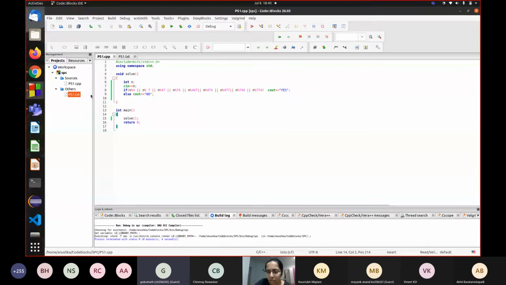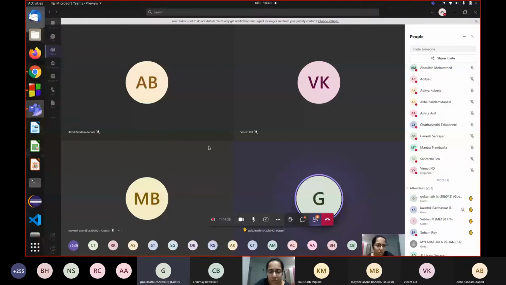No, it has to be divisible by 44, right? If it's divisible by 44, then it will be divisible by 4, and we have already checked that. But the converse is not true. If it's divisible by 4, it need not be divisible by 44. Yeah, but we only need one of the conditions to be true, right?